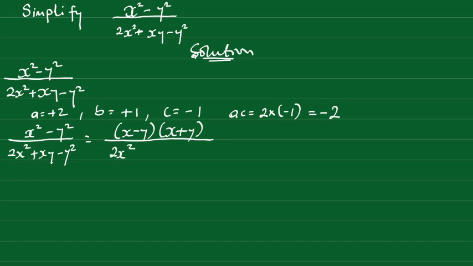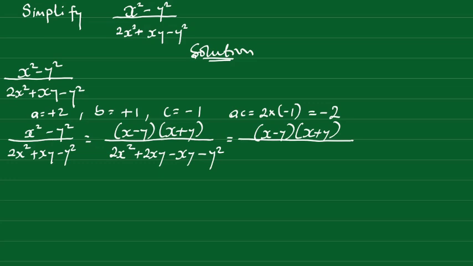Now the factors of our value for ac, which is minus 2, come into play, and we have plus 2xy minus xy minus y². This in turn is equal to (x − y)(x + y), all divided by